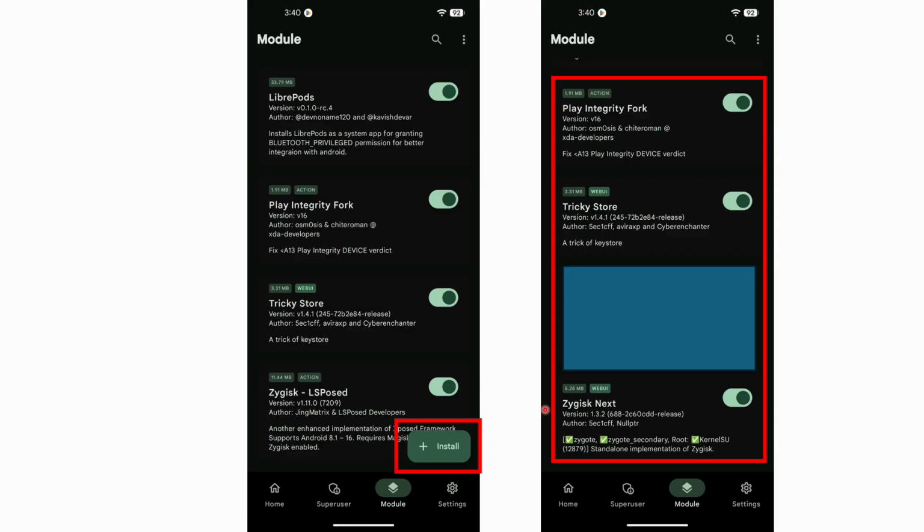And how do you install them? You go to GitHub, you download the latest version, and then you click install and flash it. After every installation, you just reboot the device. It will ask you to reboot, so you reboot the device every time. So once you have these three installed,